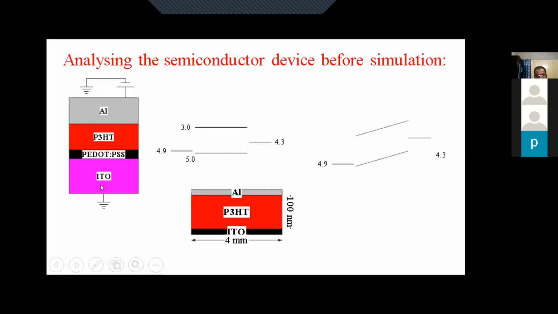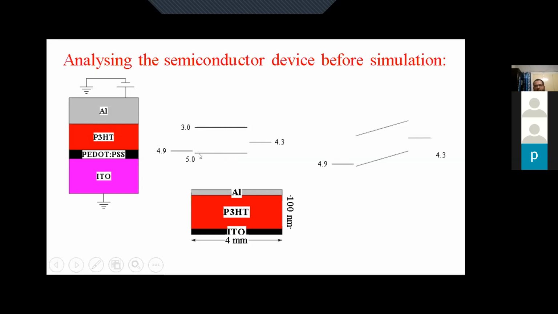The bottom two electrodes, what is the function of the bottom two electrodes? Actually, they act as a metal electrode that will help in the injection of the charge carrier, for example, electron or hole. If we look at the energy level diagram of this structure at equilibrium, and rotate it by 90 degrees, this is the electrode combination of ITO and PEDOT:PSS, which gives a work function of approximately 4.9 electron volts. Then we have a semiconductor whose energy gap is approximately 2 electron volts, with an electron affinity of 3 electron volts and an ionization potential of 5 electron volts. Further, we see that aluminum is there, whose work function is around 4.3 electron volts.